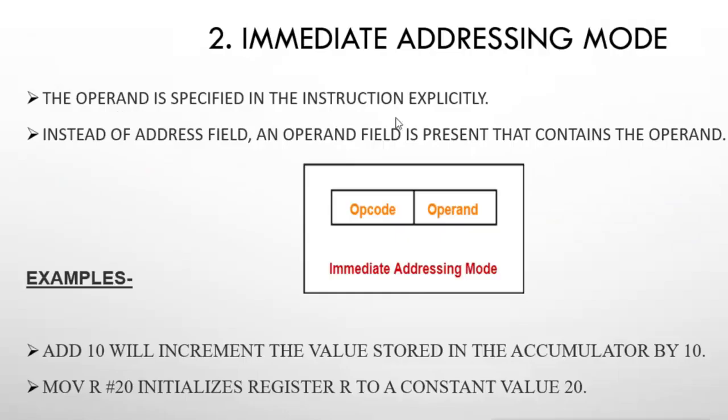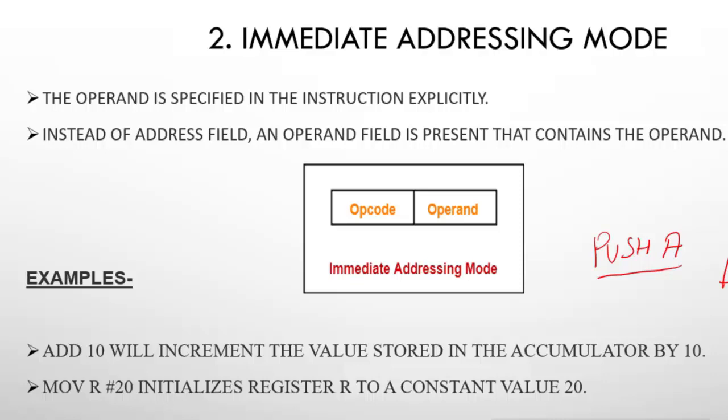The operand is specified in the instruction explicitly. Now what does explicitly mean? Explicitly means the operand is present in the instruction and it is shown there. See what was happening in the previous slide. There was the operation like push A. That means the value of A is not given in the instruction. It will just push the data item A into the stack. There is no value of the operand, it is simply the push A instruction. So this was the implicit mode.